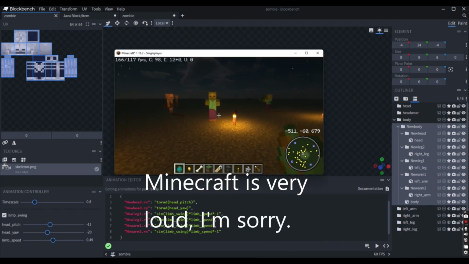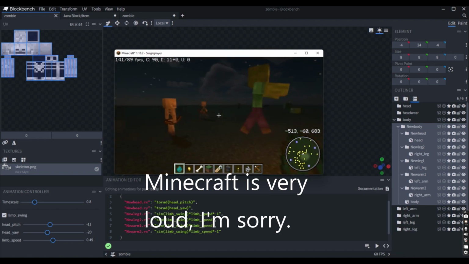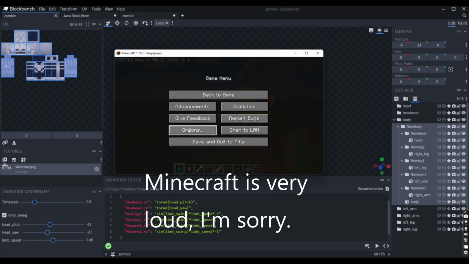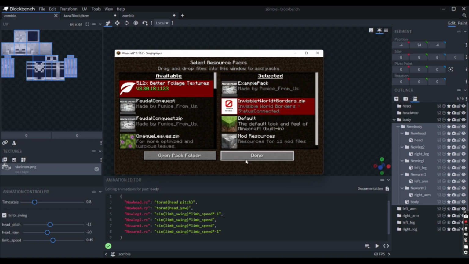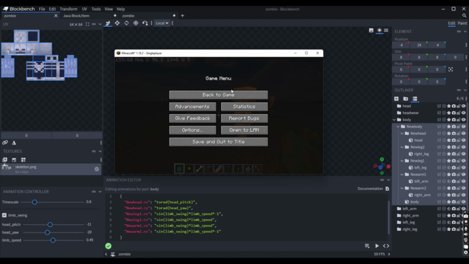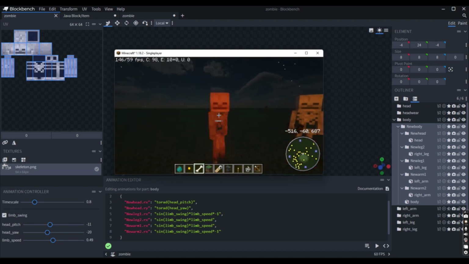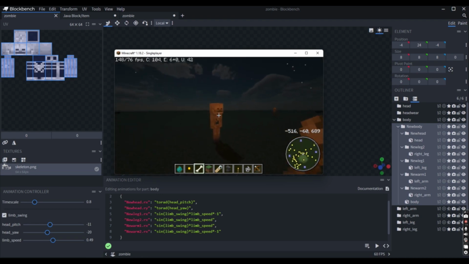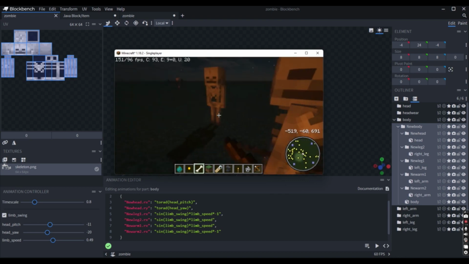If we open up Minecraft, we can see that it's just a basic body, and then we have a skeleton here. And if you go into your resource packs and you load up, this is the example pack from earlier, load that in, click done. Alright, and you can see that the zombie now sounds like a zombie, but looks like a skeleton. The animation is different. The arms are no longer forward, they're now to the side, and